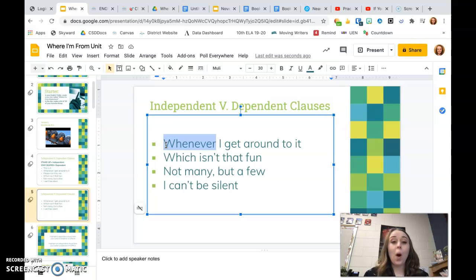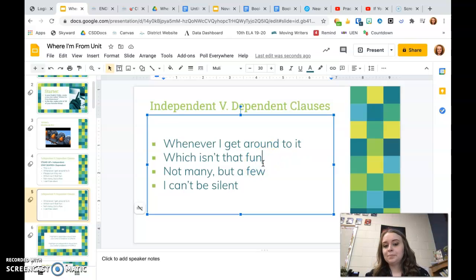The other one was "while I was at the library." This one's "whenever I get around to it." So it's setting a time frame instead of having a subject and a predicate. If you took this off and just had "I get around to it," it's not a great sentence. It doesn't make any sense, but it technically has a subject and a predicate. "I get around to it." So "whenever" is a time word, which makes this a description of time. There's no subject, no predicate. It's a dependent clause,